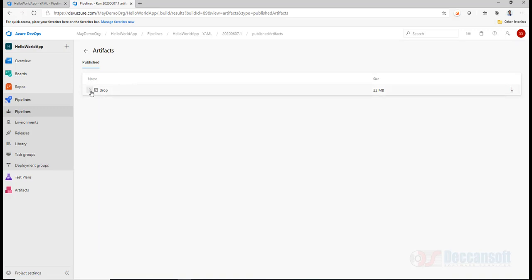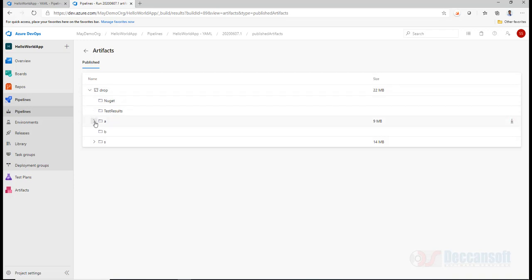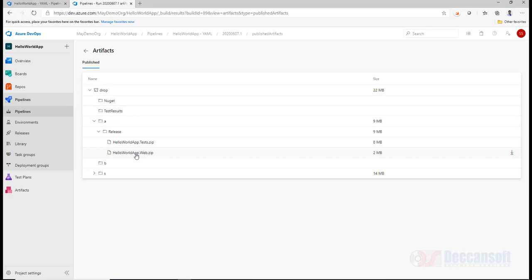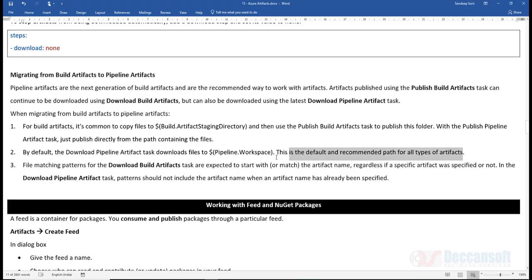Under workspace, drop. Under drop, A. Under A, release. My requirement is this, so I can directly give workspace, drop, and this name. That is the recommendation which is being given here.